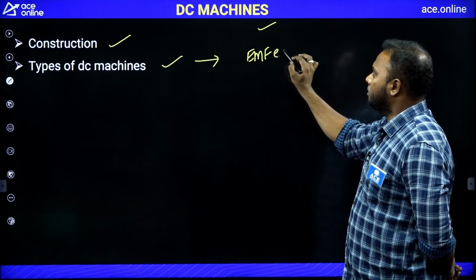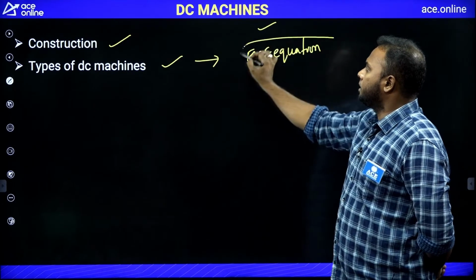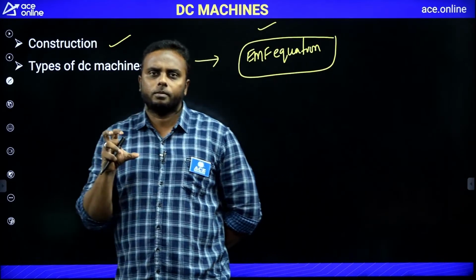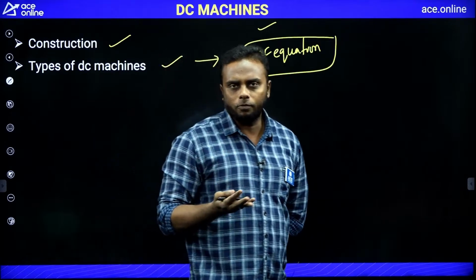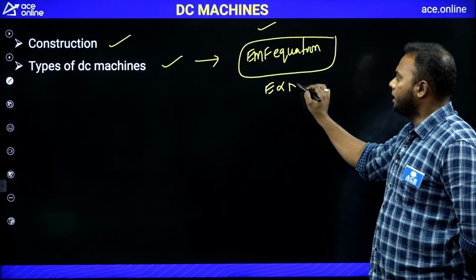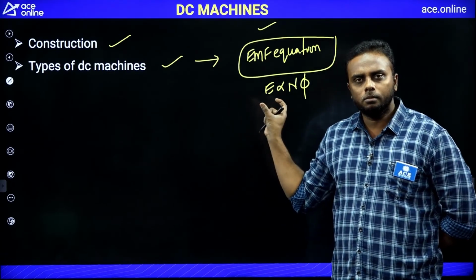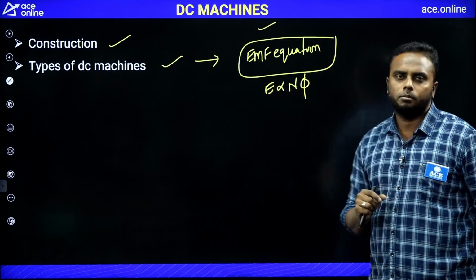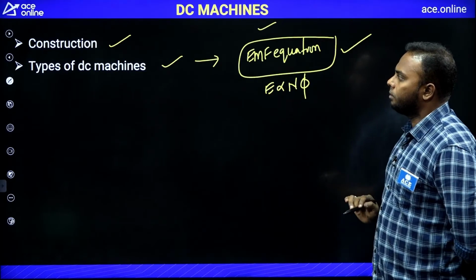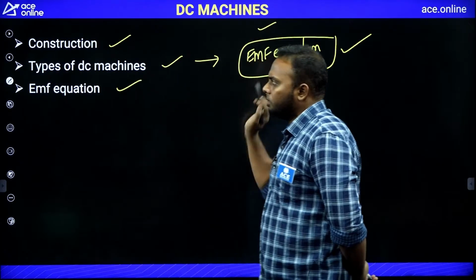EMF equation. This question is important regularly in GATE. Also in ESE we have questions on the EMF equation. Be thorough on how EMF is related with speed and flux. What is the EMF relation? EMF is proportional to N phi, whether it is a generator or a motor. If it is a generator, we take it as EG, and if it is a motor, we take it as back EMF, EB. Okay, so EMF equation numericals are important. Next will come, after the EMF equation that we discussed,